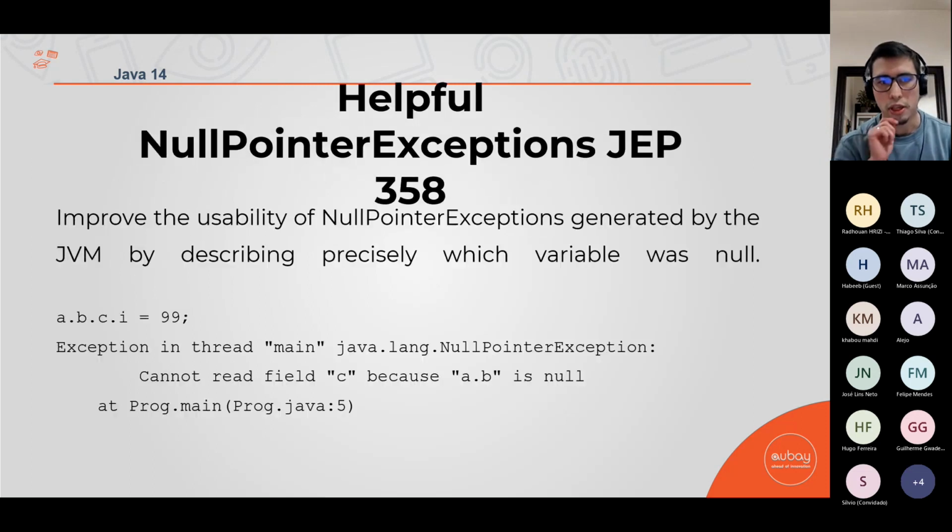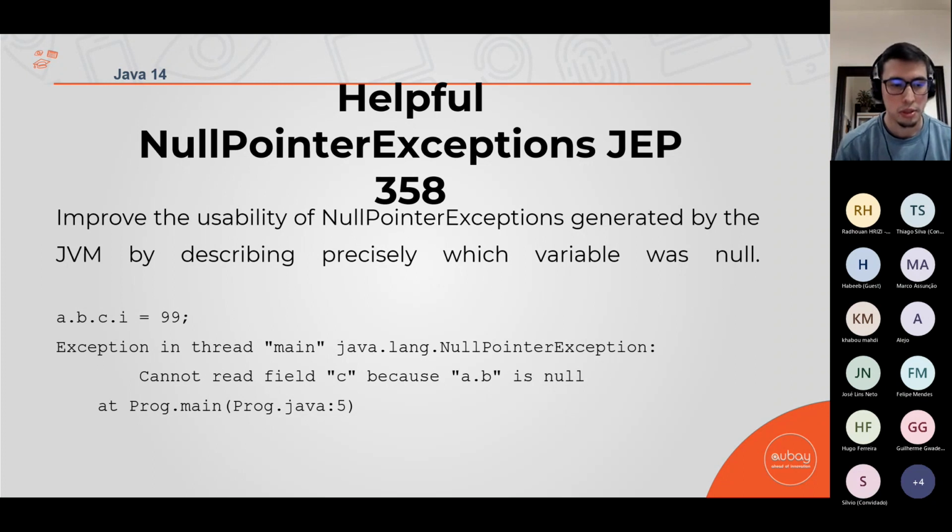We also have the helpful NullPointerExceptions, done by JEP 358. And what is that? Basically, it improves the usability of NullPointerExceptions generated by the JVM by describing precisely which variable was null. In this case, we have a.b.c.i = 99.